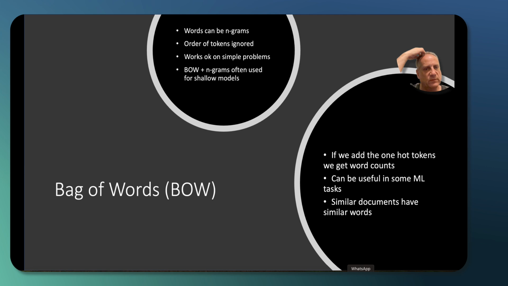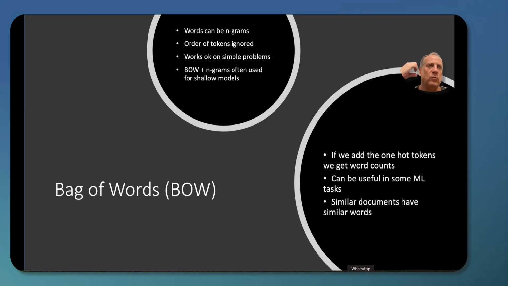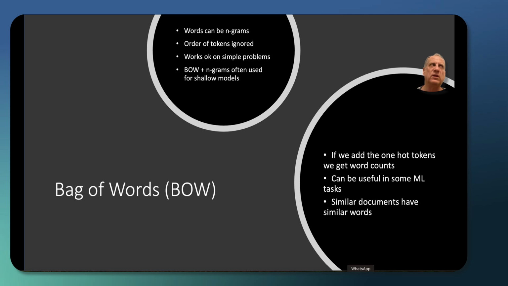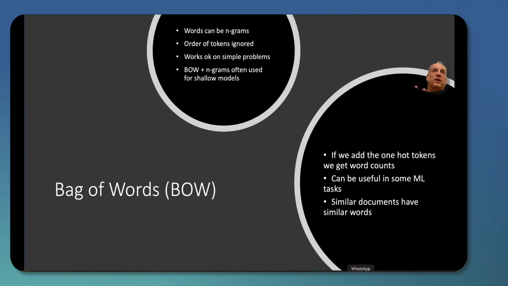And the first representation, which is common for things like topic modeling: if we have paragraphs or documents which are long-ish, like maybe a few paragraphs long, little news stories and things like that, we can get a pretty good idea of what the topic that this story is about by just counting the number